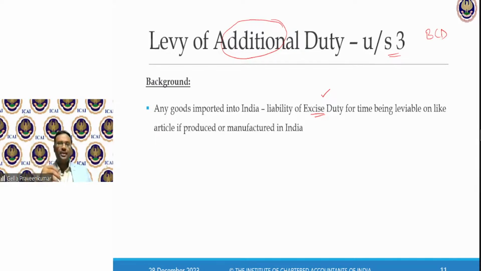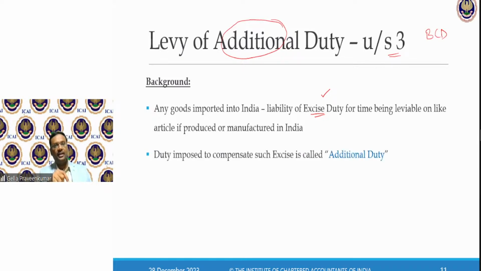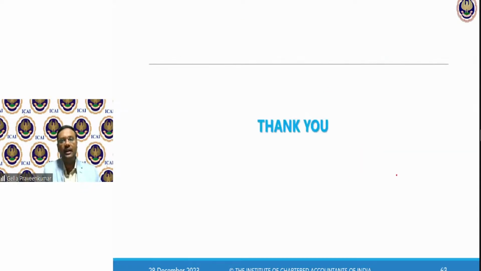And Rahim, when he's exporting, there's no manufacturing excise in that particular country of origin. What happens? There is a price disparity. To remove that disparity, additional duty to compensate the excise duty was borrowed into customs law. So here, to enable customs authorities to levy this duty, additional duty under Section 3 was brought in. The duty imposed to compensate such excise duty is called additional duty, which I pay extra.